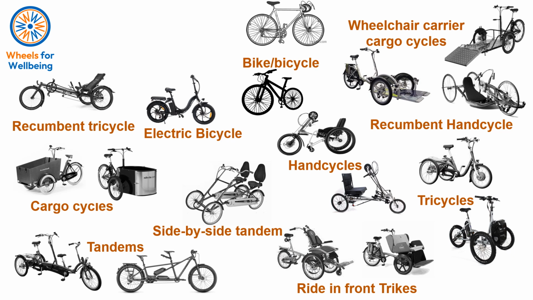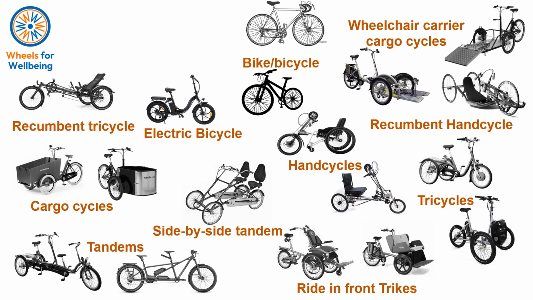There are also lots of variations of tricycles, which you might be able to see on the screen. You can have a tricycle that's a tandem that carries 2 people. You can have a tricycle that's a cargo cycle, and that has a box on the front. There are also tricycles that have a seat on the front for a passenger, and cargo cycles that are made with a platform so they can carry a wheelchair user on the front of them. Some tricycles can also be pedalled by the hands, and these are called hand cycles. Again, these can be recumbent or upright in style.